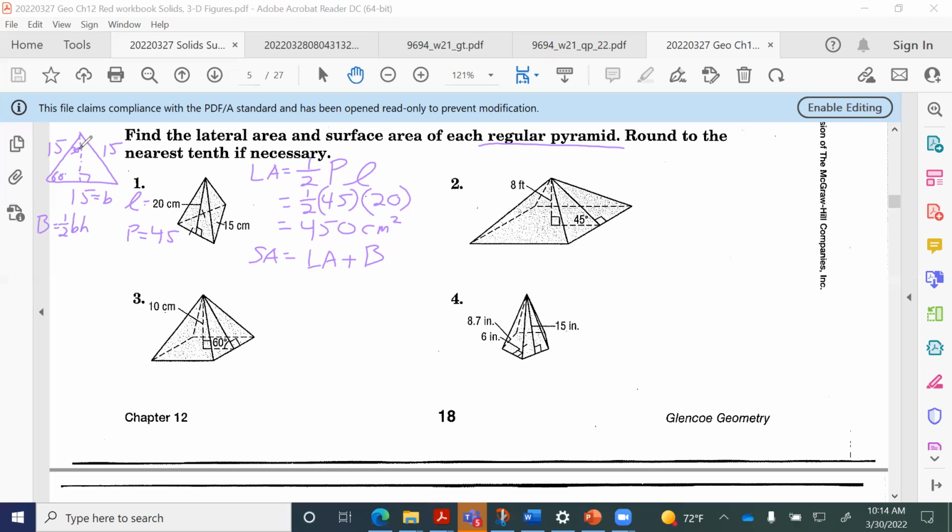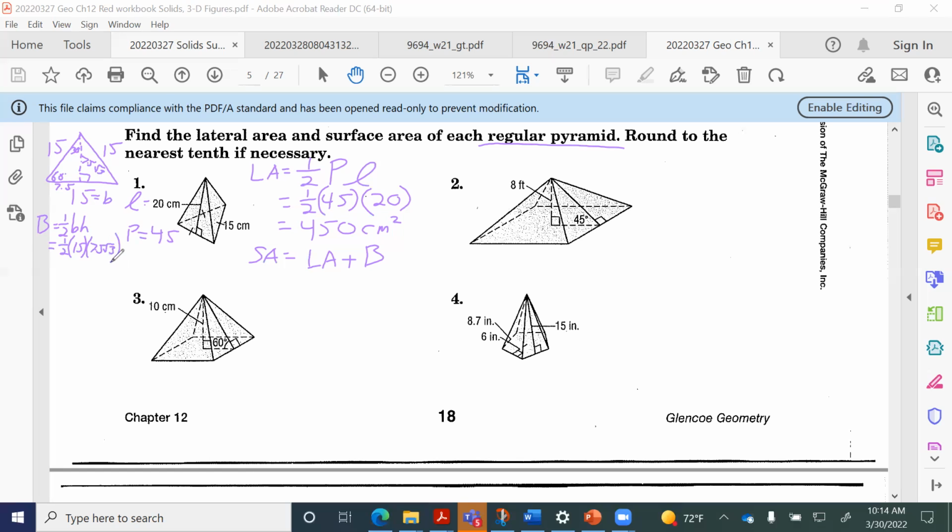Well, you have to do this bottom number first. This is our short leg. It's only half of that 15. So this is going to be 7.5. So let's try to get what's the long leg? Well, not 15 radical, but short leg times radical 3. 7.5 radical 3. So my formula here, 1/2 the base times,